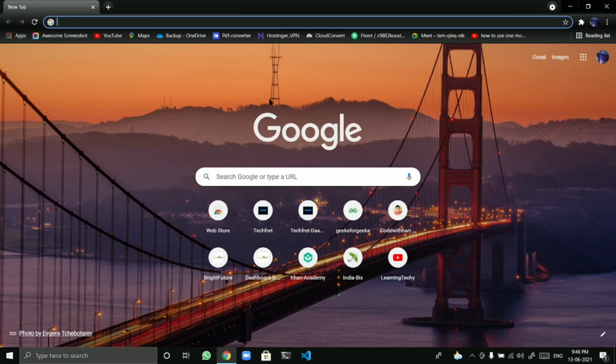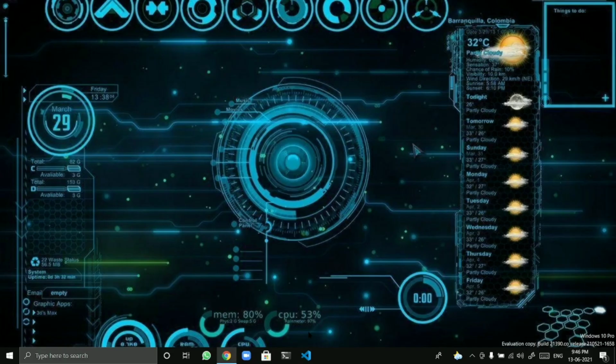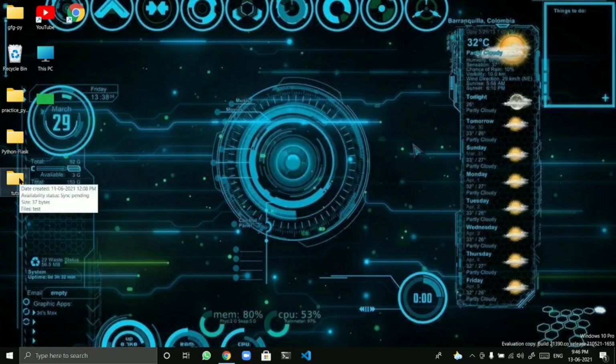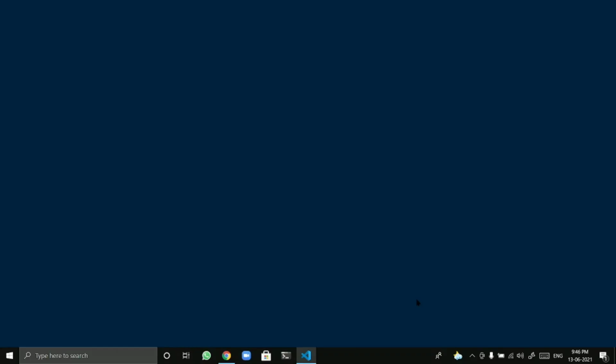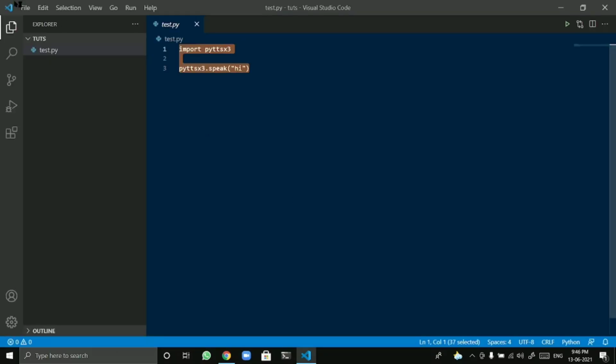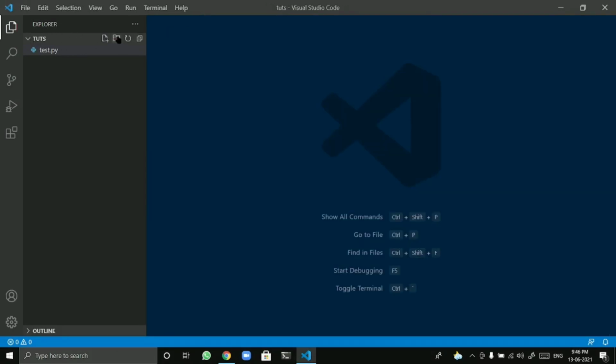So at first let's start with the heading tag. At first you need a code editor, that is VS Code. I will just open my tunes in my VS Code. There is a Python file, and I will make a folder which I will name HTML underscore tunes. And in this HTML tunes,